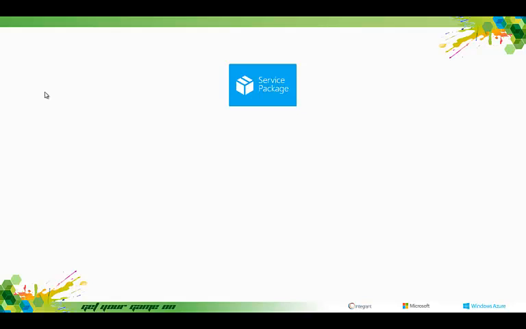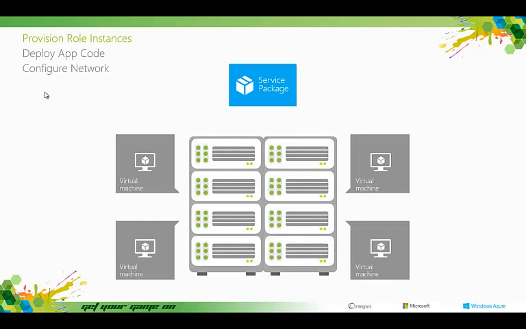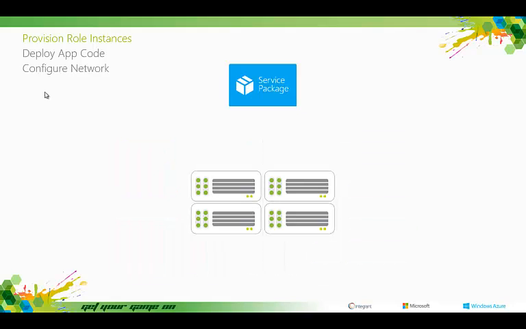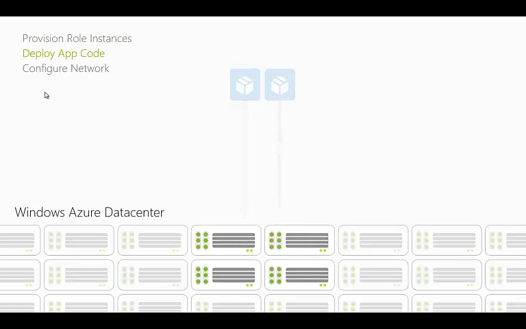So it goes out, figures out what VMs it needs, pulls the images, chooses from all the different virtual machines that are out there, where available, where it wants to run your code, and then basically goes out and spins that stuff up, right? So it's going to go look across the data center, find all the physical boxes that have room for the virtual machines you're requesting, and basically go out and allocate those virtual machines, right? So now somewhere in our data center, you've got some VMs running that will be available for your code. It's then going to go out and basically deploy your code down to those virtual machines,